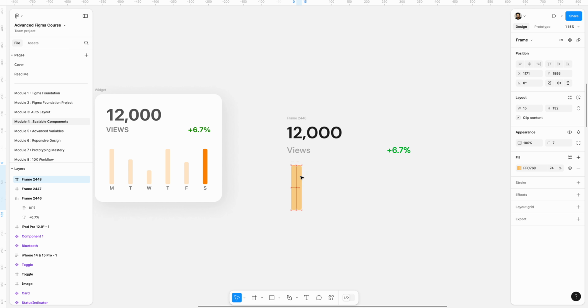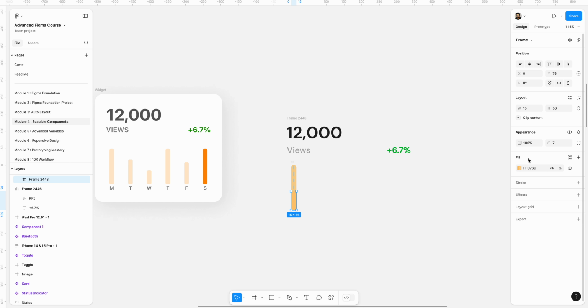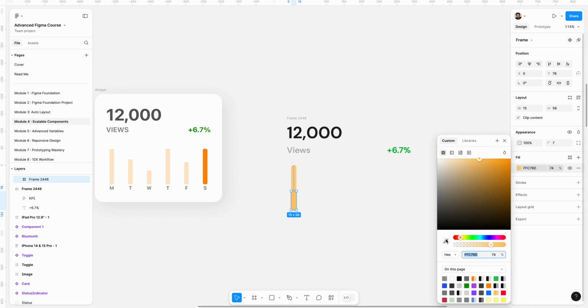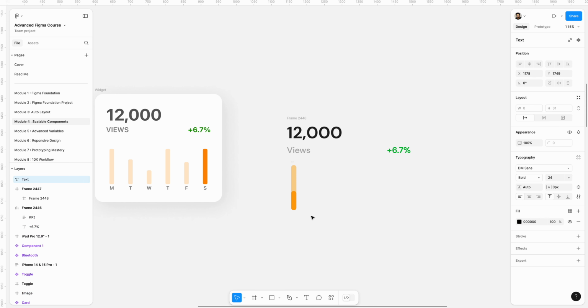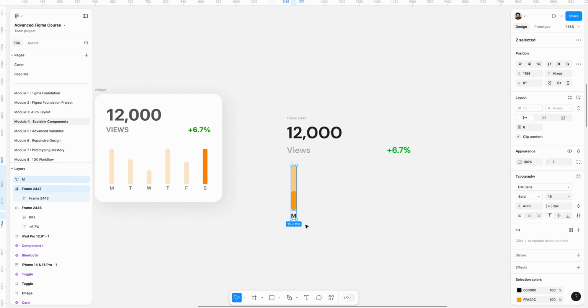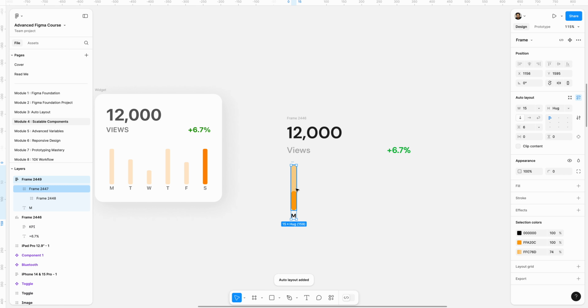And then for Windows, I'll include that conversion in the description. If you get confused, feel free to refer to that. And then let's change the color to a bit darker, and maybe we make it dark. And then let's select the word text here, and then let's make it 16. So we have that going here, and then let's go ahead and add an auto layout to this. So now we have an auto layout here, and then we can